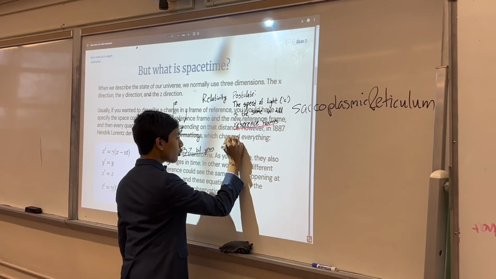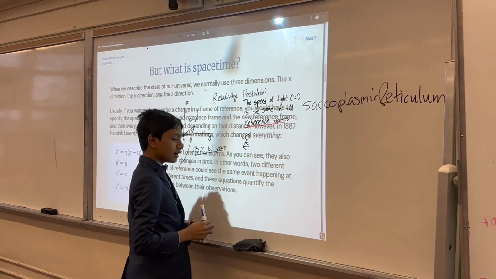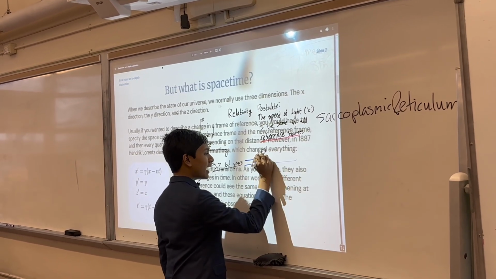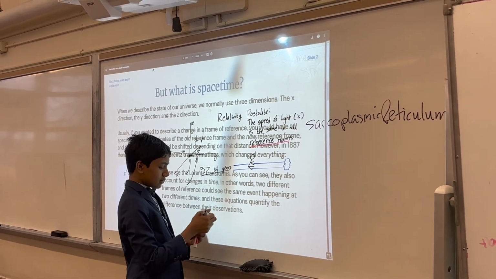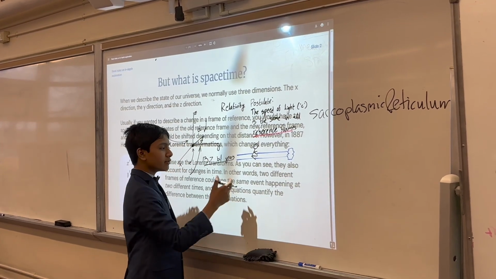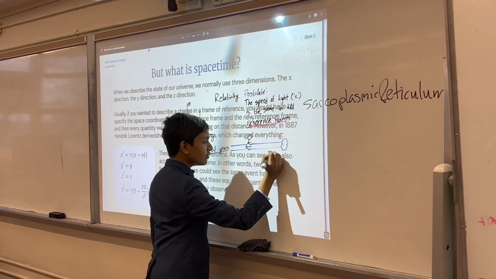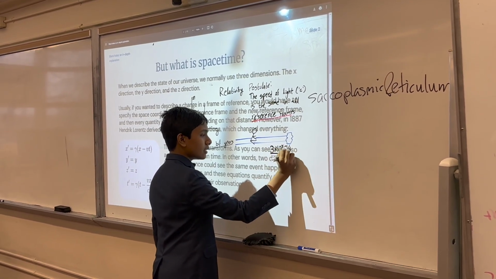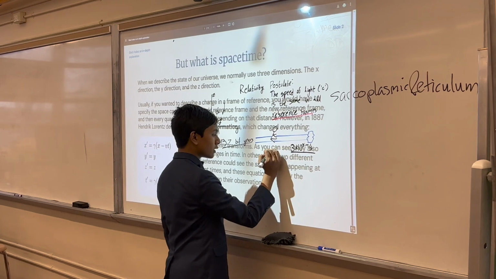But if you were riding an imaginary beam of light, I mean, you can't physically ride light, don't try it. But if you were somehow riding a beam of light, it's not the same thing as you would see if you were in the car. If you were to somehow ride a beam of light, then you would still see the light as moving at that rate of 3 times 10 to the 8 meters per second. And that right over there is what causes relativity to have such weird properties.